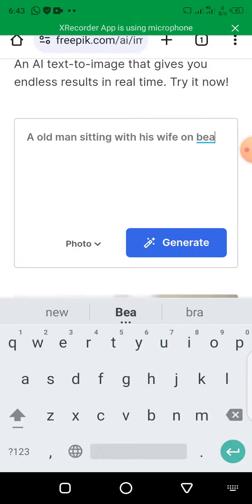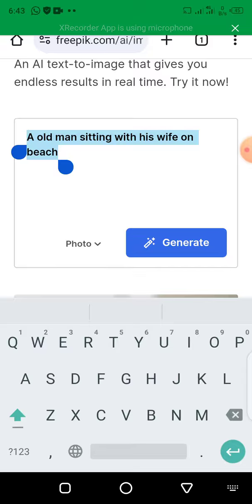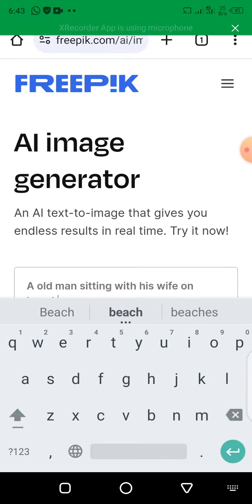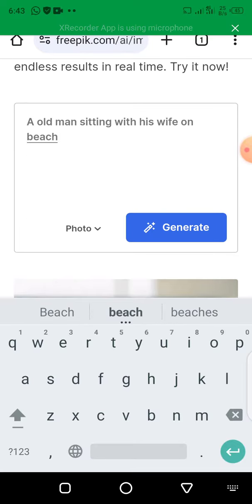All right, so this is what I want. I'm going to copy this for a reason, because I know that when I click on generate, it is going to ask me to sign in, because right now I'm not signed in, and we have to be signed in to create an image. I'm going to click on generate,